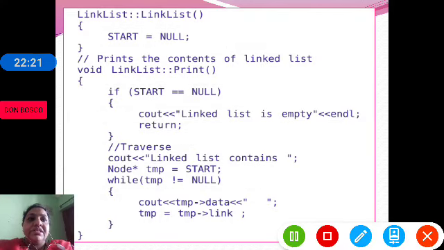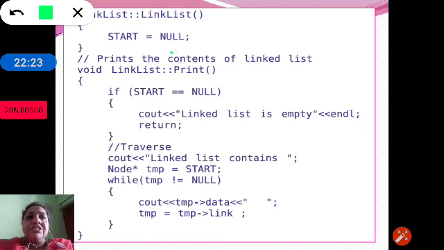So here you can see the constructor, which will initialize start to null. Why are we initializing start to null? As we know, a constructor is executed whenever we create an object. As soon as we create a list, we initialize start to null. As start indicates the first node, and there are no nodes in our linked list yet, we initialize start to null. Later on we will add the list nodes required.